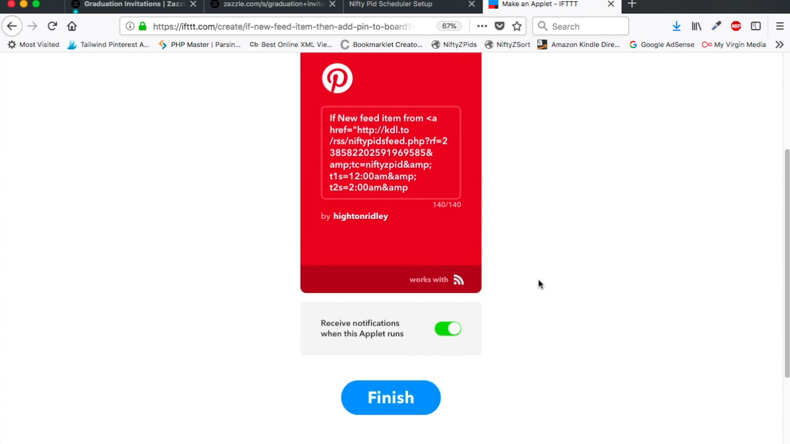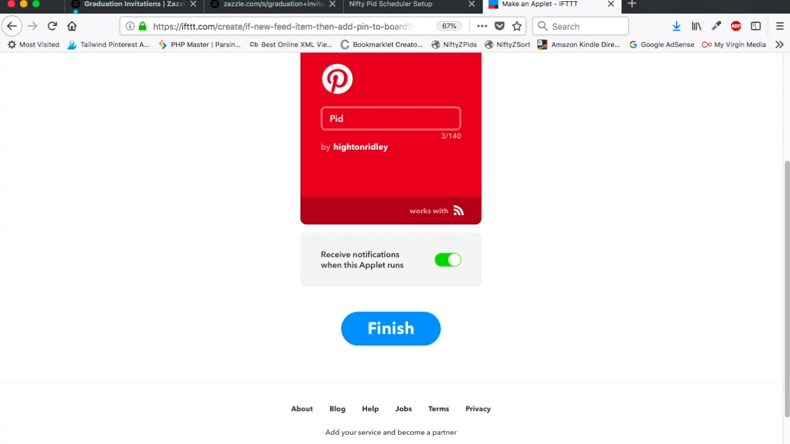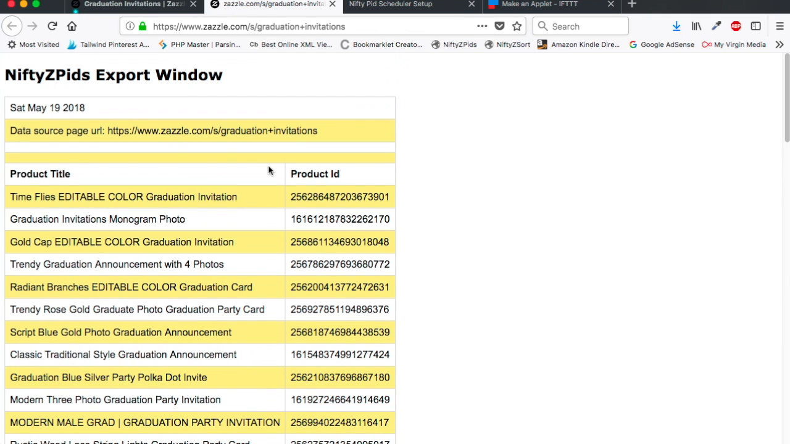Now I've got to give a name, and it's suggesting all this gubbins, but I don't want that. What I want is to mention the board name, but first of all I'm going to say that it's a PID created one. I want to put in the search page that I used on Zazzle here, and to do that, conveniently at the top of the export window is the page URL on Zazzle that was actually used. So I'm just going to copy that,